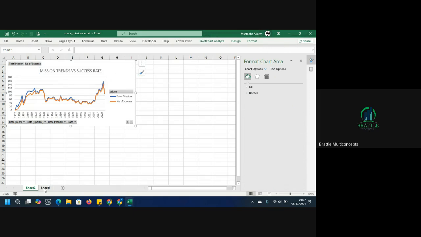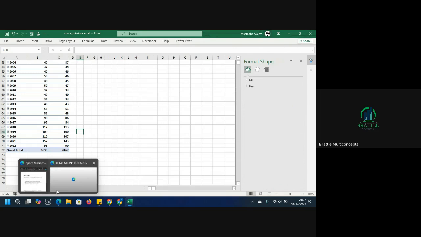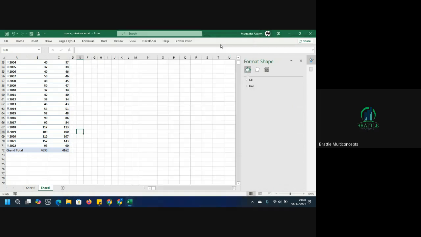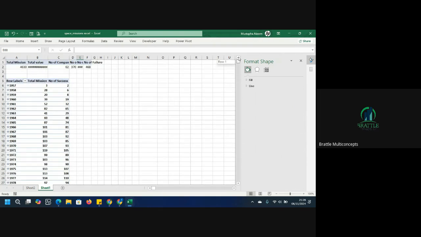So let's look at another analysis that we can do. Another question says, which country has launched the most successful mission? Has it always been that way? Which country has launched the most successful missions? Let's check what kind of chart we can use for this. Successful mission, bar chart. Look at something here. You can see that this has collapsed